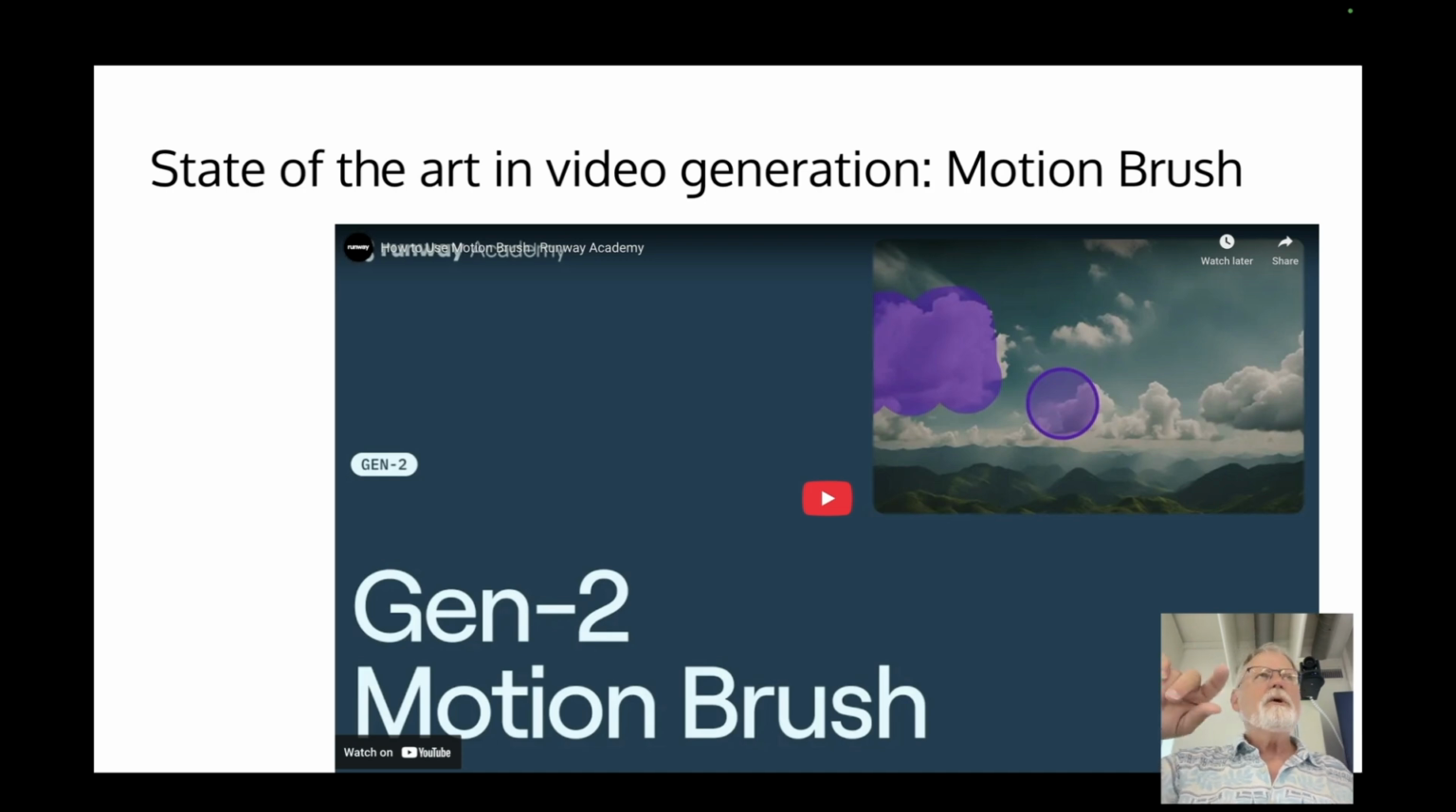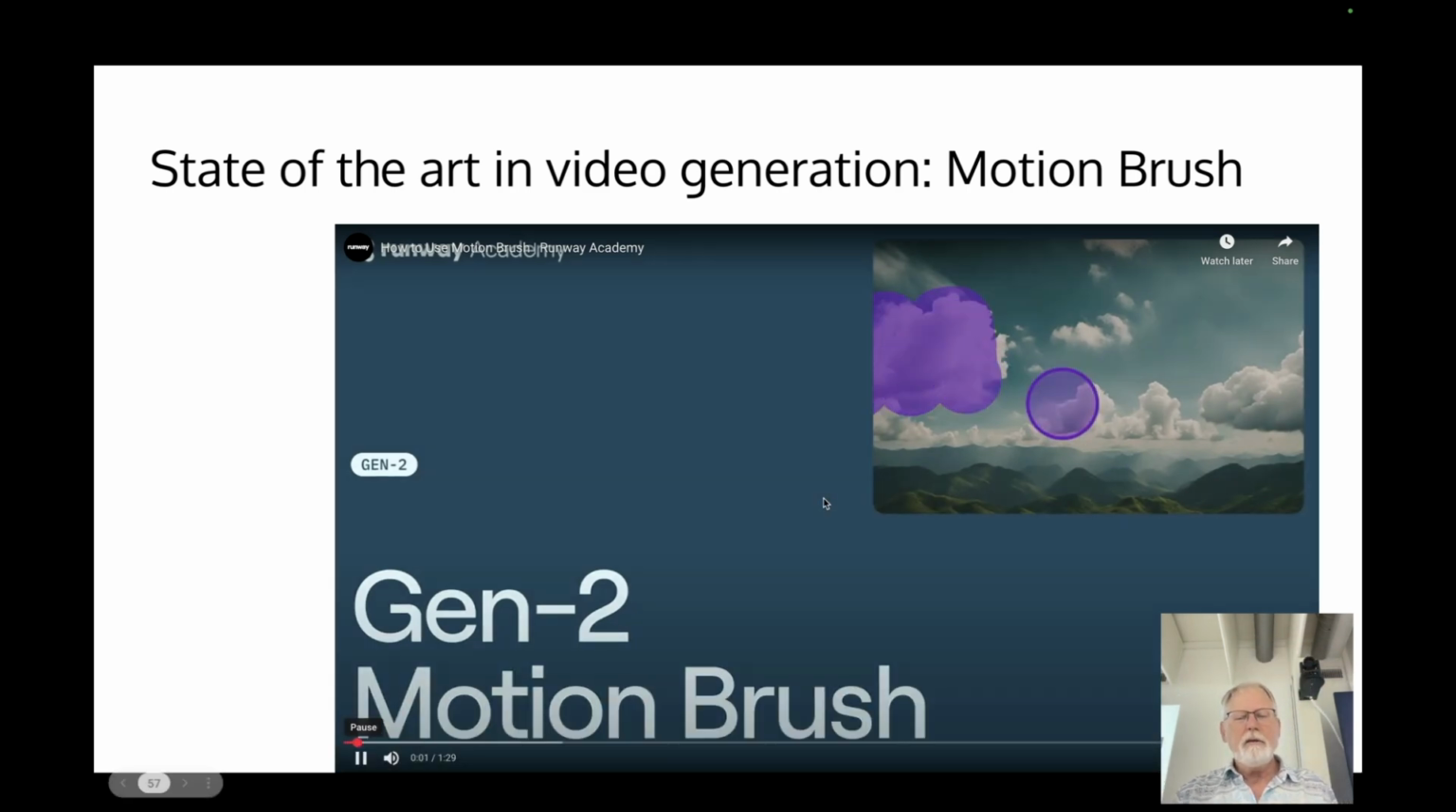But what I want to show you is some of the techniques, some of the UX techniques that people are using to control video generation. And so this is a system called Motion Brush. So if you've used any of the Photoshop tools, or any GIMP tools or anything like that, you have brushes, right? A brush is a visual designator. And this is how you get motion in